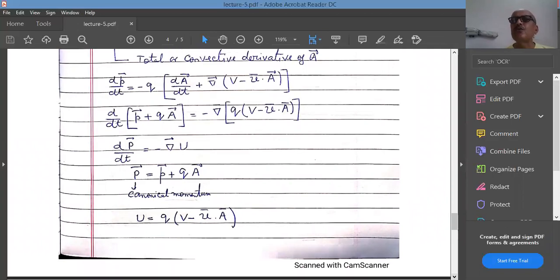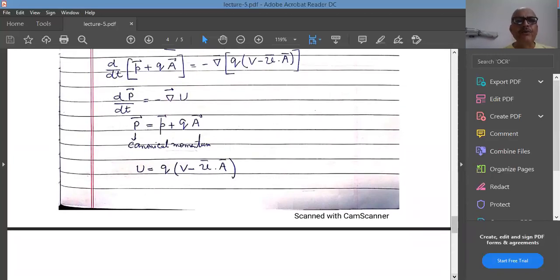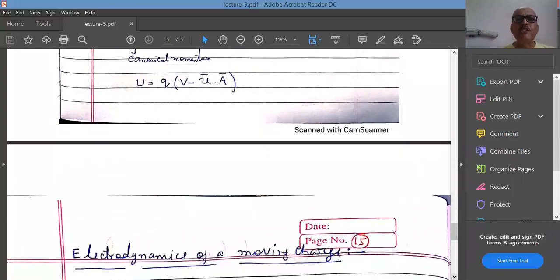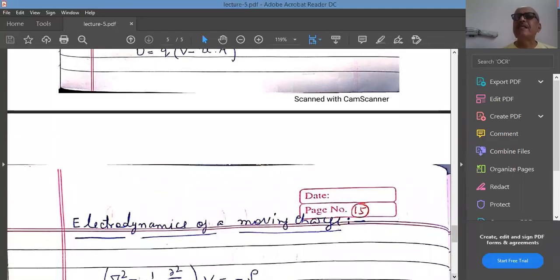After the Coulomb gauge and the Lorentz gauge, you saw that the Lorentz gauge is very useful if you compare the two. The Lorentz gauge is very useful in order to find the solution of both the equations in a simple or similar way. So we will now have to solve the two equations. Therefore we switch over to the electrodynamics of a moving charge. Knowing this much about the vector potential and the scalar potential, we now switch over to the electrodynamics of a moving charge, and that is what we will be doing in the coming few lectures.